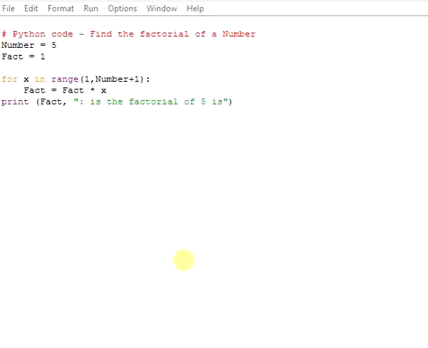In this video, we'll be discussing three methods to find the factorial of a given number. One is the iterative method, another is the recursive method, and the third is using the math library, by importing the math library. First, we'll try to find the factorial of a number using the